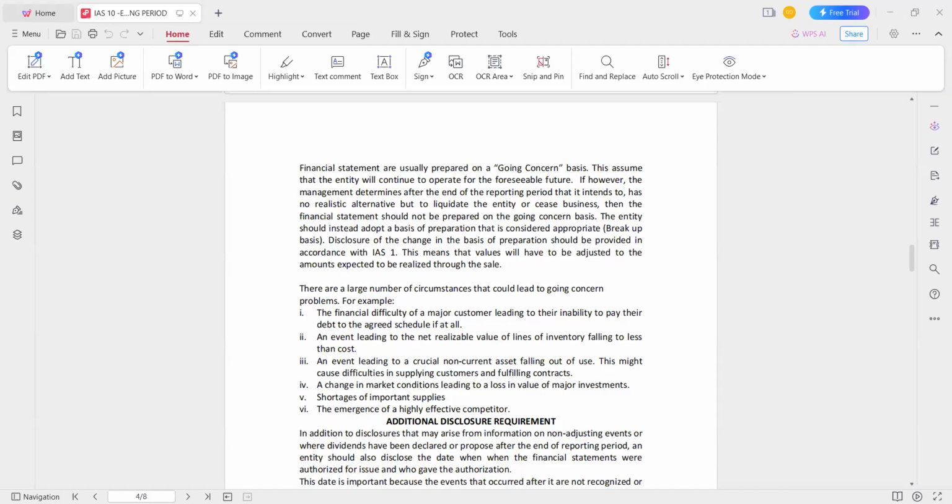Presentation of financial statement, or preparation and presentation of financial statement. One of the key characteristics that needs to be complied with, financial statement must be prepared on a going concern. Meaning it is the company that is existing in a foreseeable future or that is operating in business that is expected to prepare financial statement on going concern. But where the going concern is having issue, meaning company cannot continue in business, company wants to fold up, company will liquidate or cease operation, then financial statement will be prepared on break-up basis. Break-up basis is one of the bases of preparing financial statement outside the cash and accrual basis.